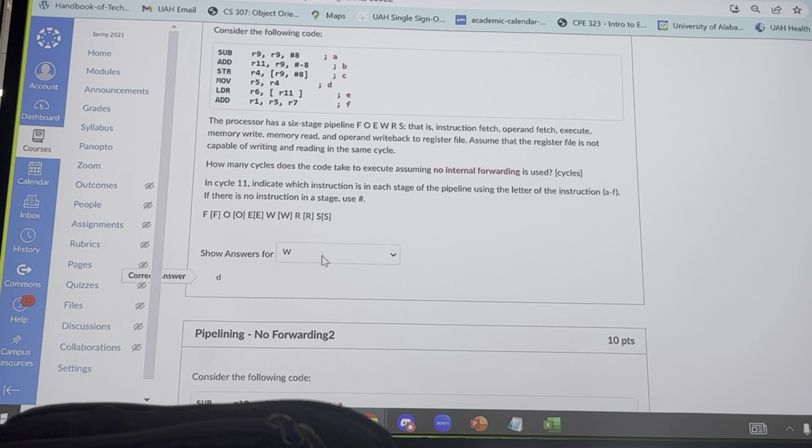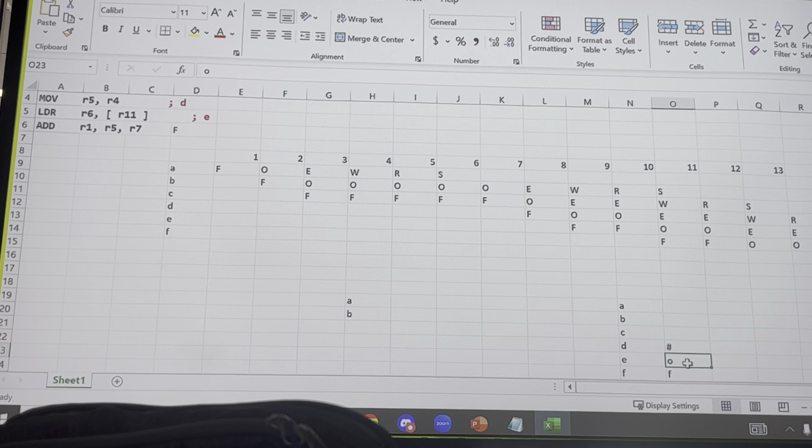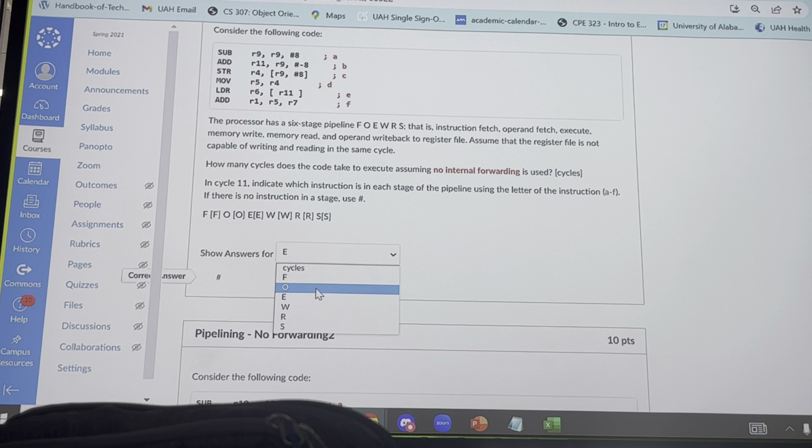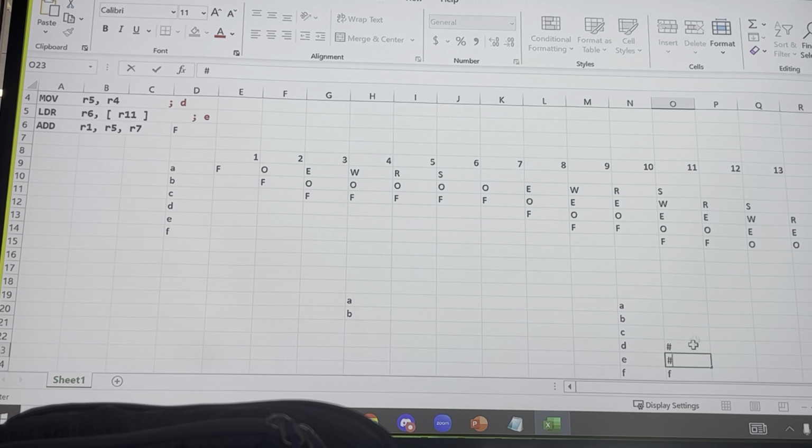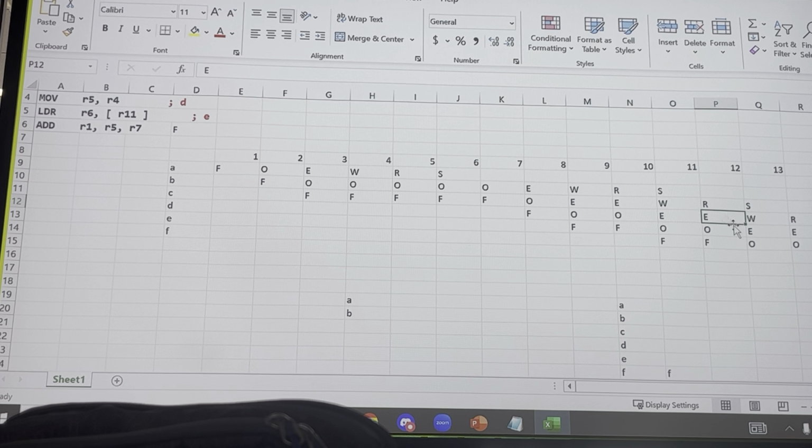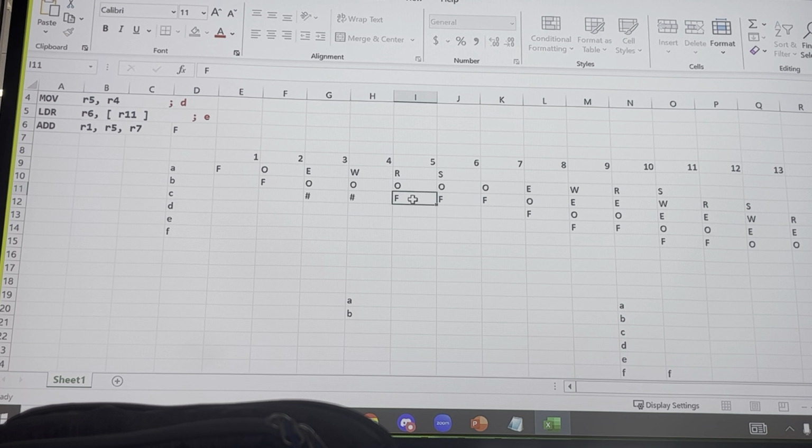Wait, hold on. What did I do? It says E doesn't exist at the current cycle. You put it with D. Yeah, for code E, because each code is labeled with a letter. So what is pound used for? It's for when there's nothing happening. But we're doing it by saying, hey, that starts here, even though we're going to wait. Okay. So I guess you could have said this. Cool. That doesn't change this answer.